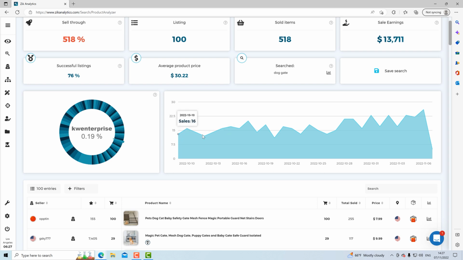And then here we have the trend graph. And this trend graph basically just shows how many sales were made per day in the last 30 days. And then you can see the peaks, the lows, and this obviously allows you to see if the trend is going up or down, if it's a good product to sell or not, if it's a good timing to sell